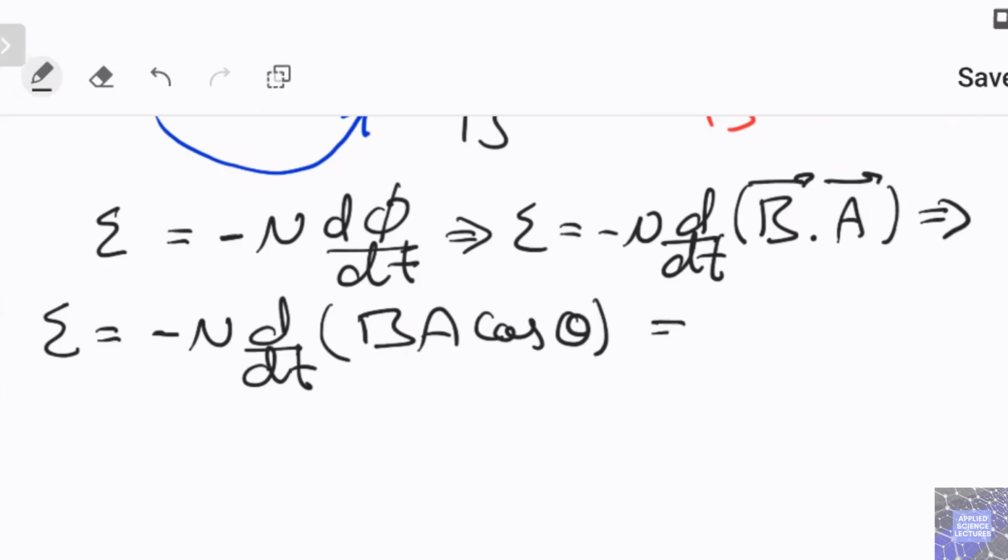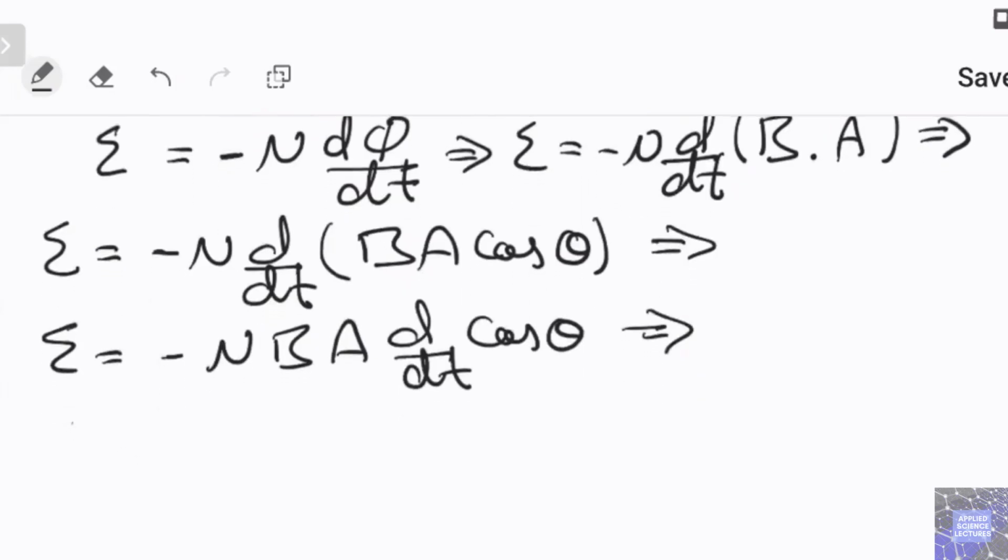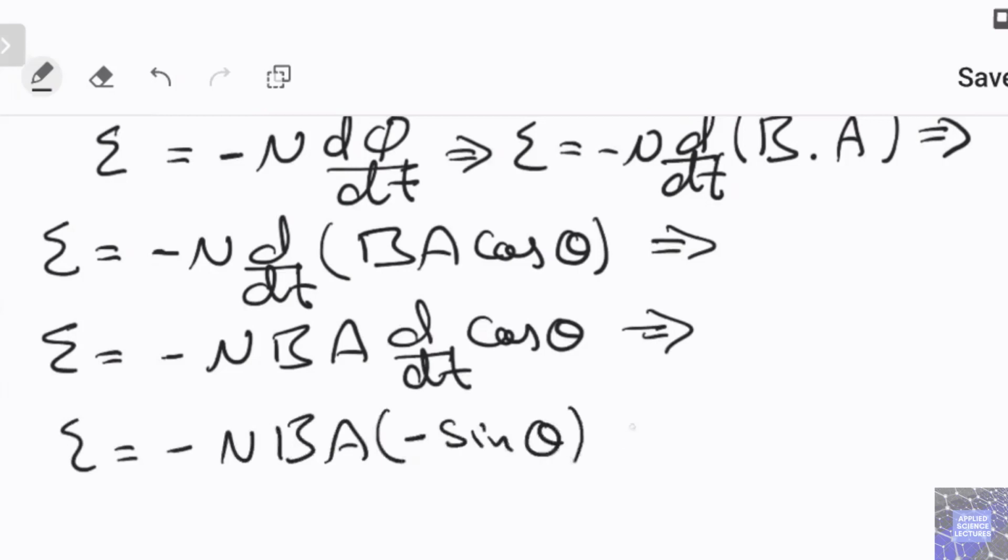So in this case I would say that electromotive force equals to minus N B A d over dt cosine theta, which is minus N B A minus sine theta d theta over dt,